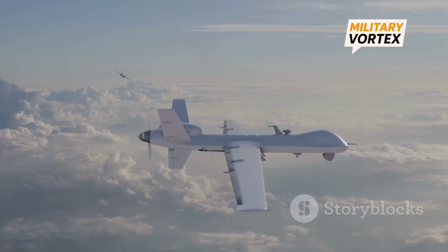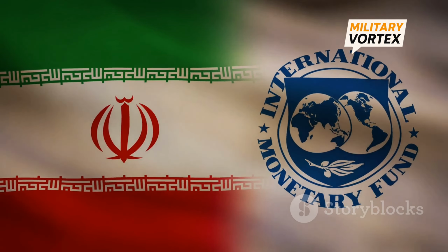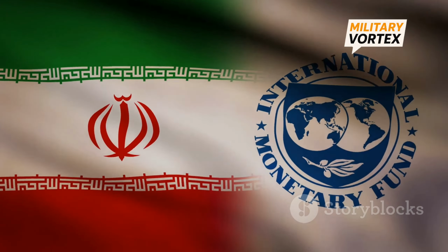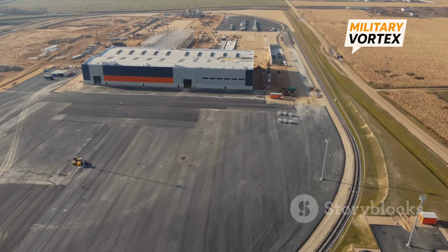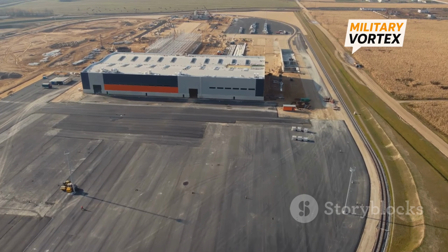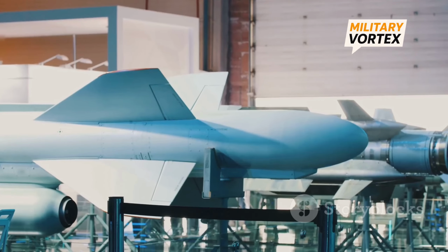Despite this low manufacturing cost, reports suggest Russia pays a premium. Some sources indicate payments of up to $290,000 per drone for smaller shipments. This price likely reflects urgent demand and limited initial supply. To address this, Iran is reportedly assisting Russia in establishing a domestic drone manufacturing facility in Yelabuga, Tatarstan. This facility aims to